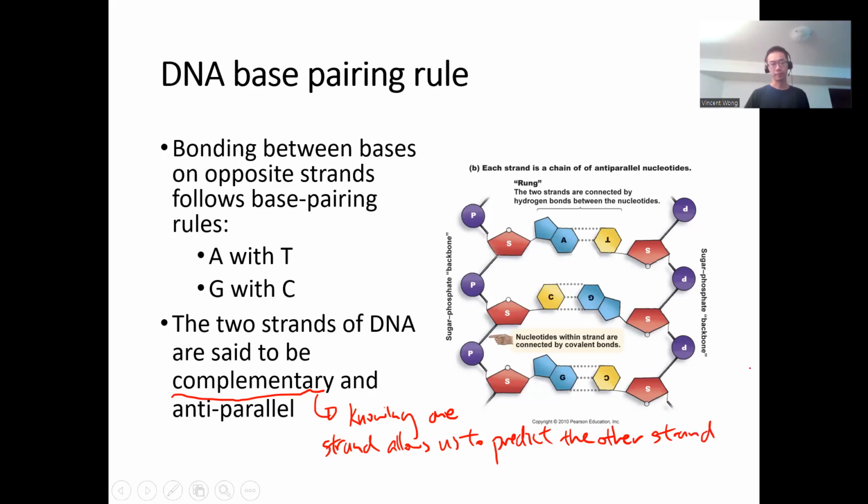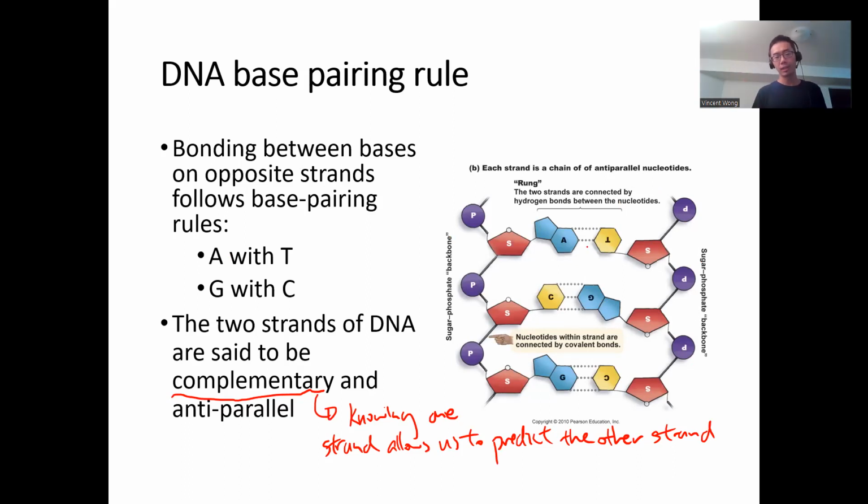Okay, I'll show you an example in a second. If you take a look at this diagram, you can see the sugar phosphate backbone: sugar, phosphate, sugar, phosphate, sugar. That's the backbone. And sticking out, those are the bases. You see the 2 rings and 1 ring, the purine and the pyrimidine. And there are 2 extra things you should